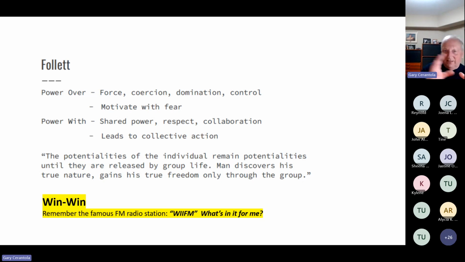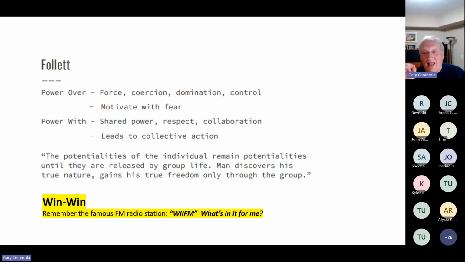And again, you have to validate that. You just don't let anybody do what they need to do, but you allow them and you follow them, and you encourage the rest of the team to work under that kind of direction to get things done. And that's really kind of the essence of win-win that Follett talks about.